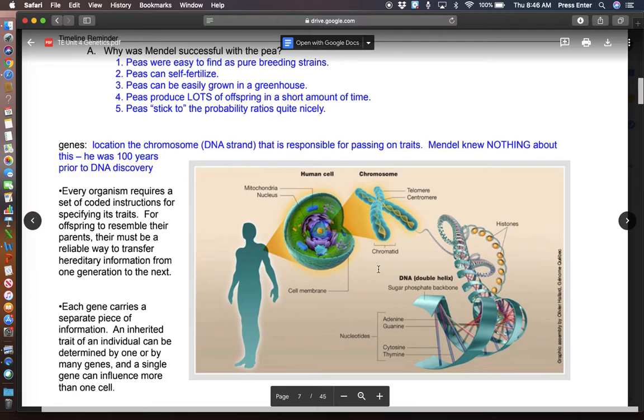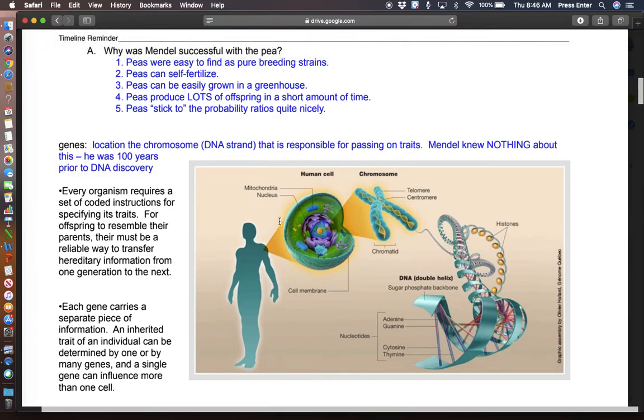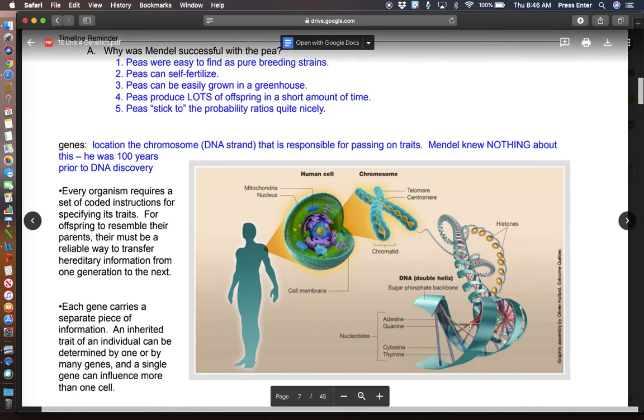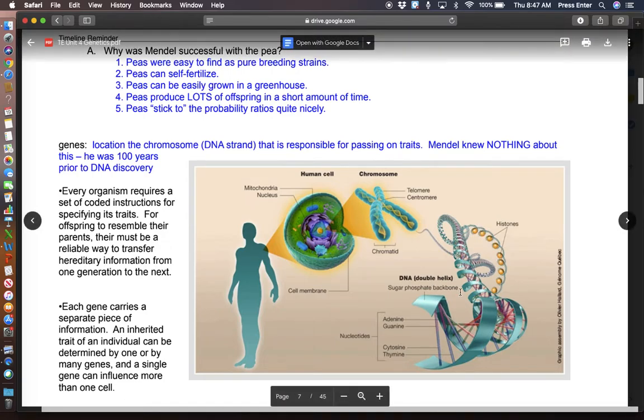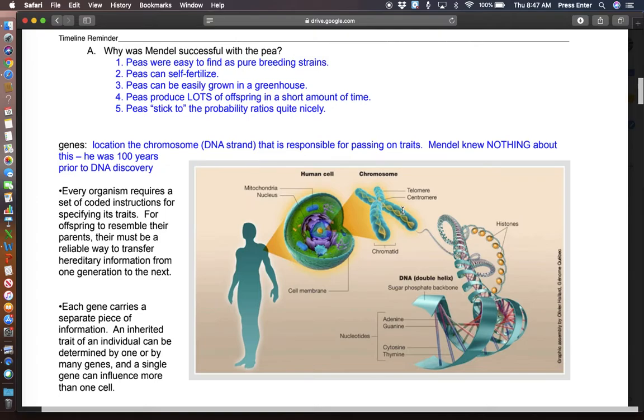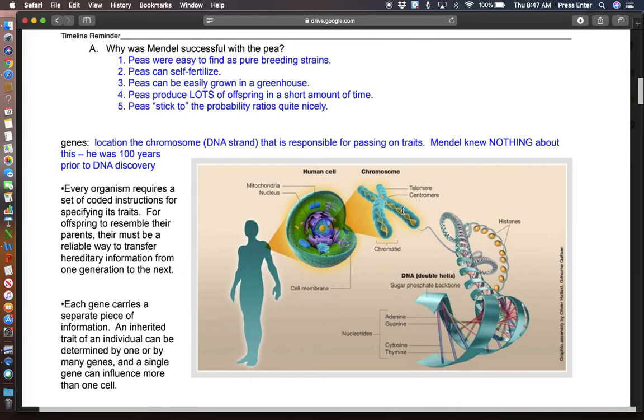So here's a real quick look at how this all occurs. Of course, we've seen the cell earlier this year. We know that the cell at the very center has the nucleus, or somewhere located near the center. We know that in that nucleus there is DNA, and that's what you see over here. DNA is a double helix, and we'll be learning more about that in a couple of videos from now. It's wrapped around small balls called histones, and it supercoils into chromosomes. The chromosomes, like I said, are kind of like a loaf of bread. Each slice of the bread has the potential to be a different gene.